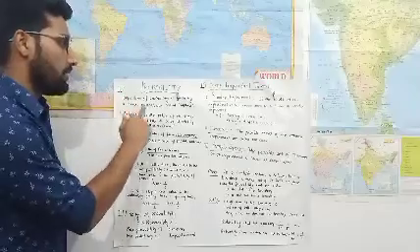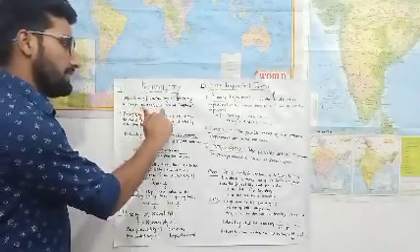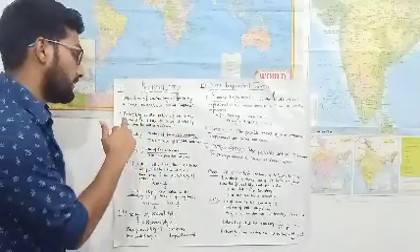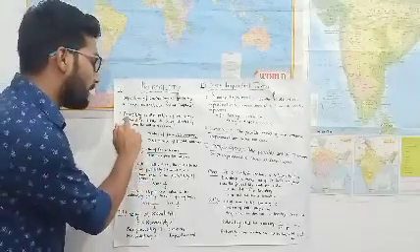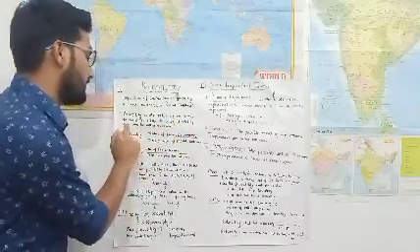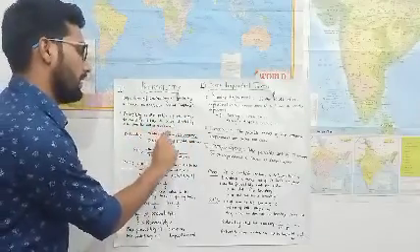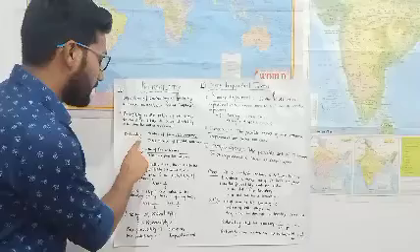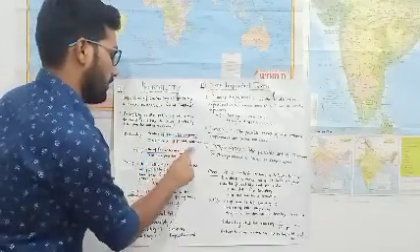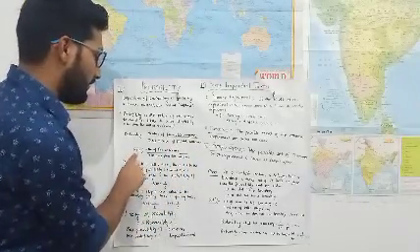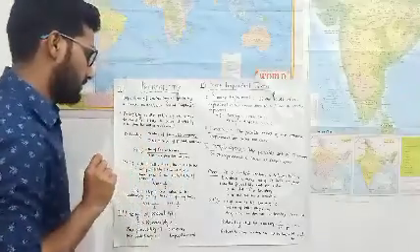The term probability was given by the French mathematician Laplace. And here is the definition of probability. What is the definition of probability? Probability is the ratio of the times an event is likely to occur divided by total possible outcomes. It means probability of an event equals the number of favorable outcomes upon the total number of possible outcomes.